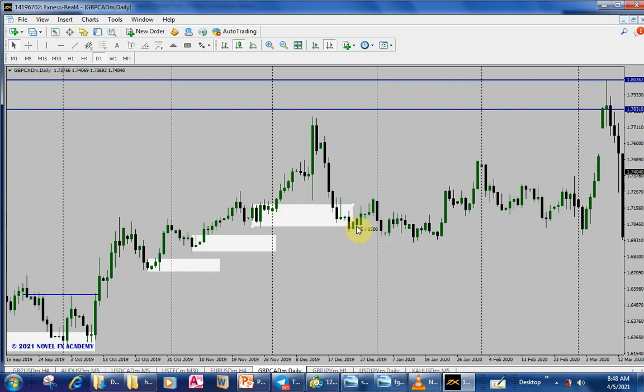You do not expect a break of this OB to the downside. You do not expect candles to close below these particular levels. That's when we'll have a breaker block. So we're still going to discuss the concept of a breaker block. Upon price closing below this particular price level,